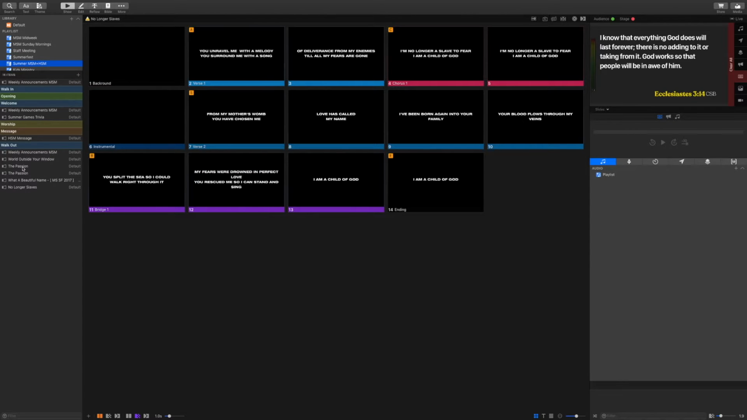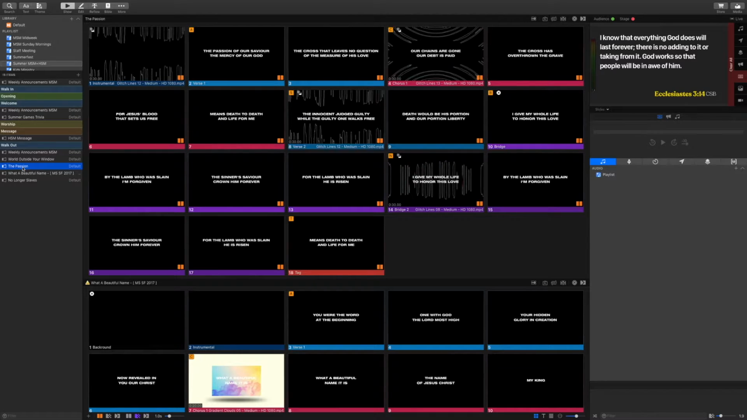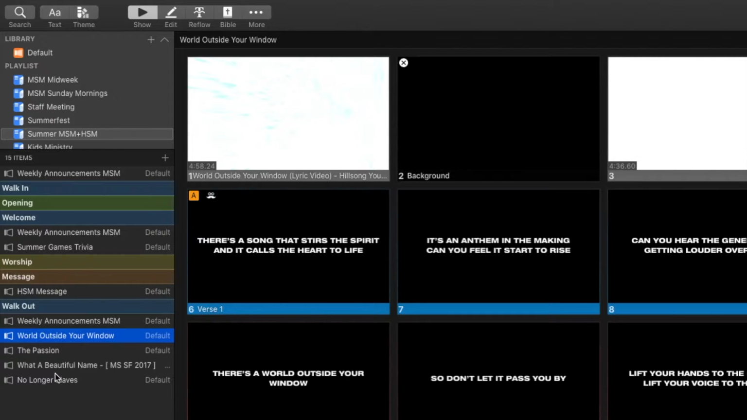Okay, now you can see I did that one twice, so I'm going to click it and delete it, which is how you can literally get rid of all of these. Now you can see that all of these have kind of congregated in the walkout, which would not be how they were scheduled in the actual service. So I am going to reflow this a little bit so that it makes more sense the way the service will actually be. First, I'm going to click World Outside Your Window, and I'm going to drag it to the